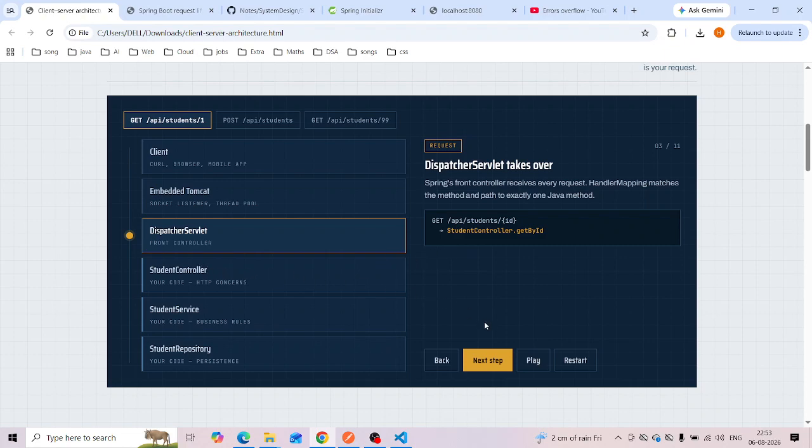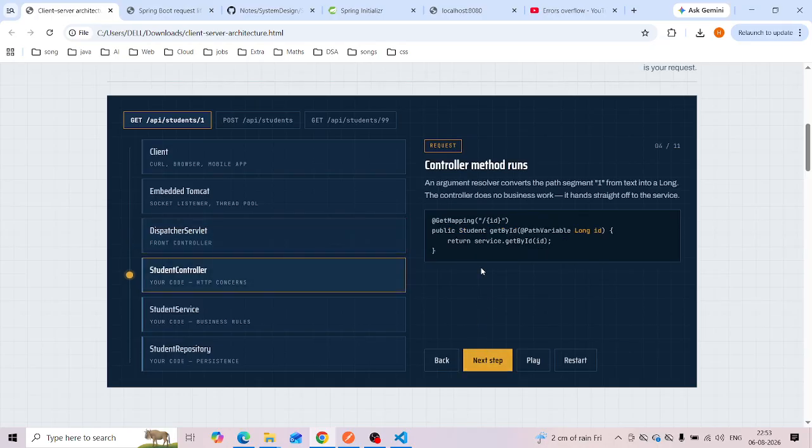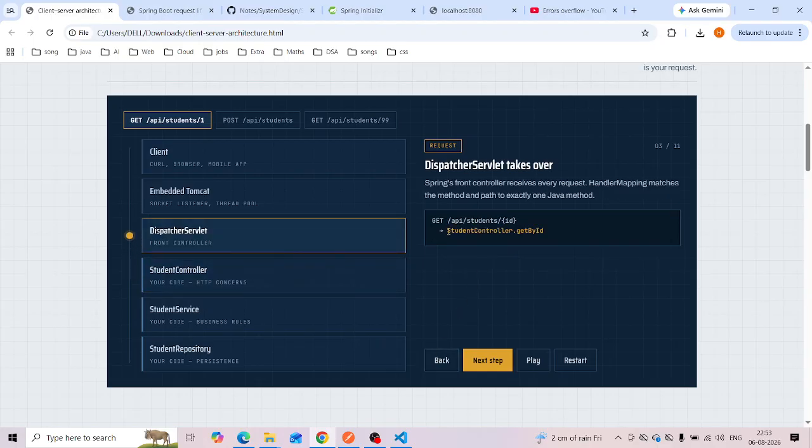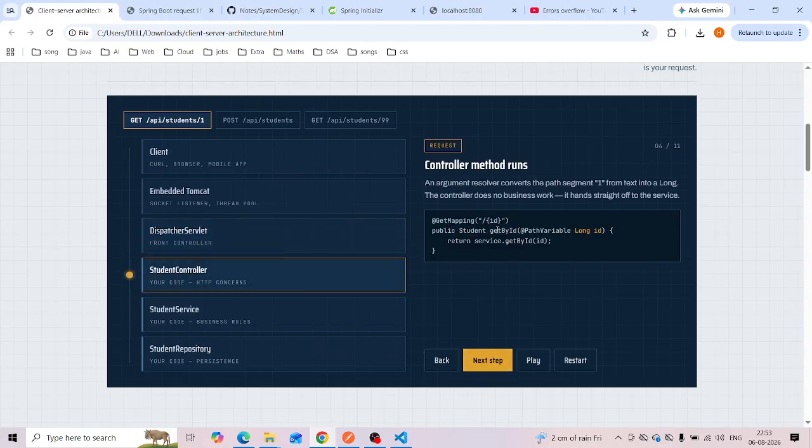Now next it will go to the controller. I am doing a GET, so it is mapping to get by ID. This means get by ID is the method inside the controller. Here is the path variable.